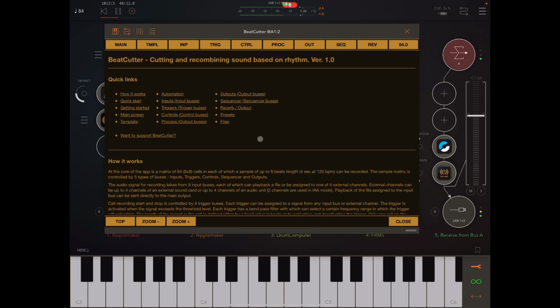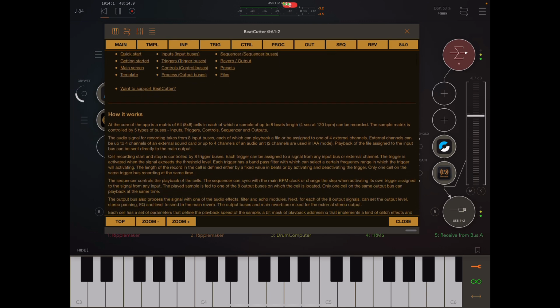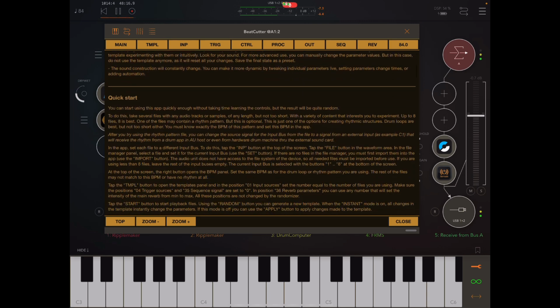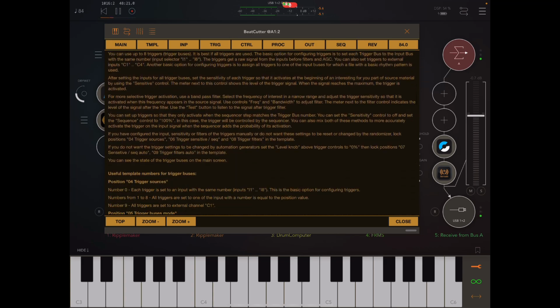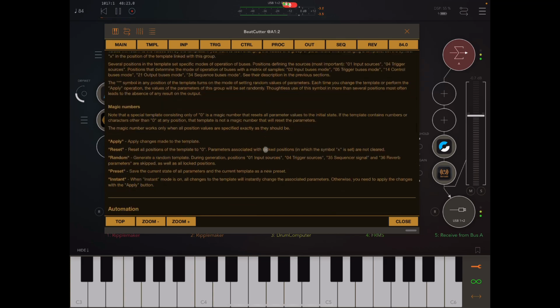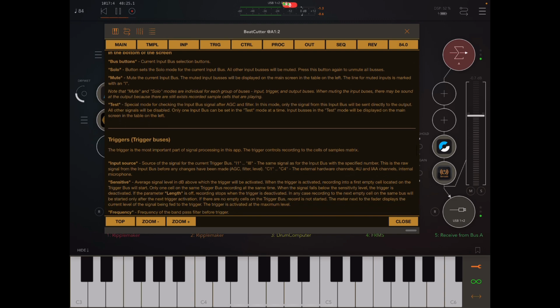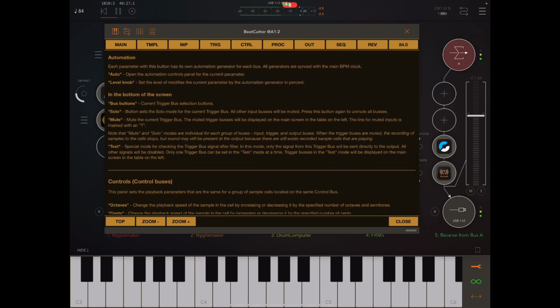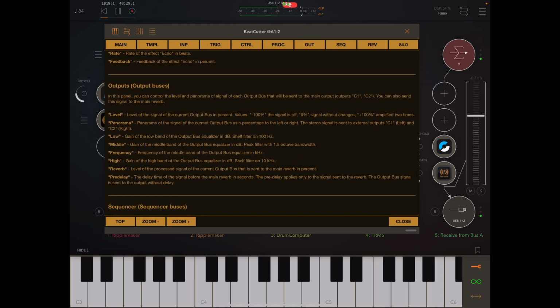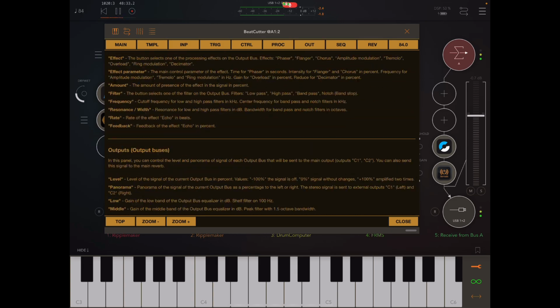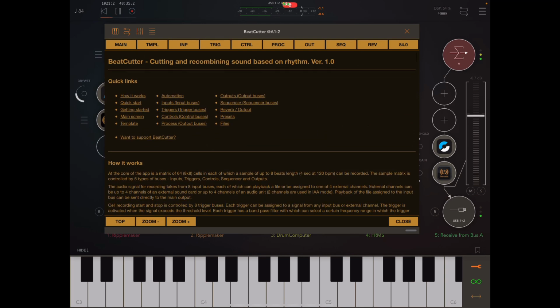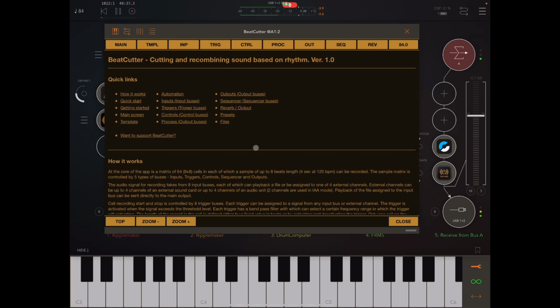Here, by the way, is a link to the in-app manual. The manual is not that long, well, it's long enough, but it is extremely heavy going, I felt. I did not enjoy working through this manual. But you know,